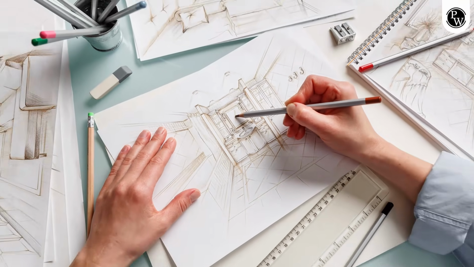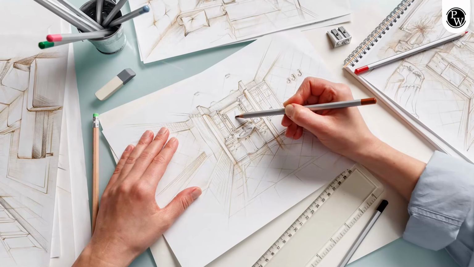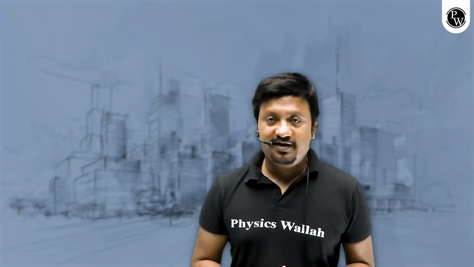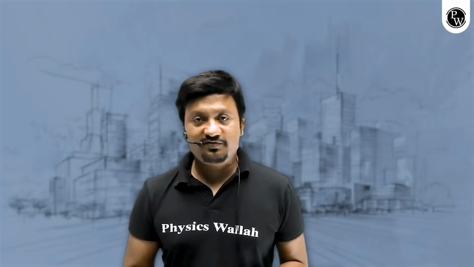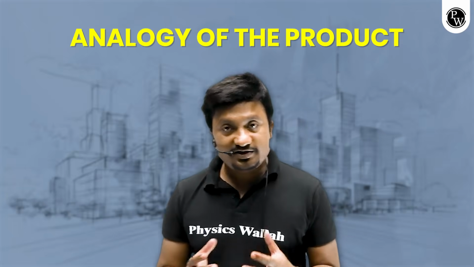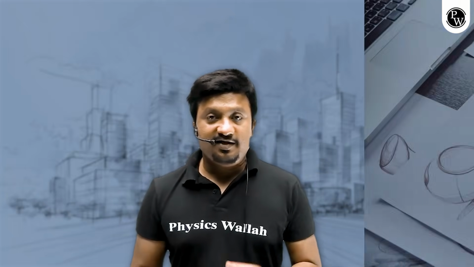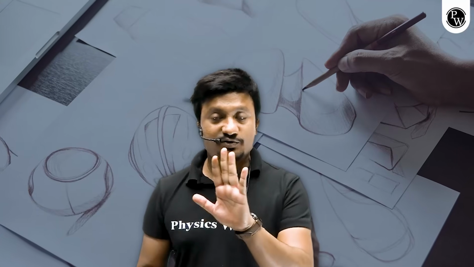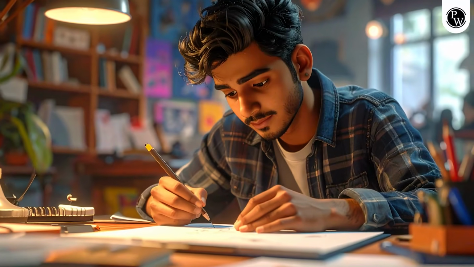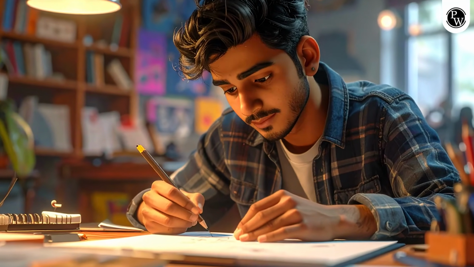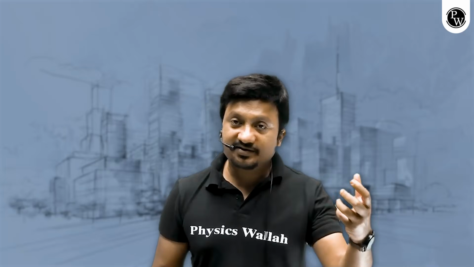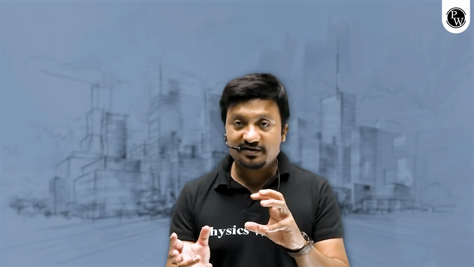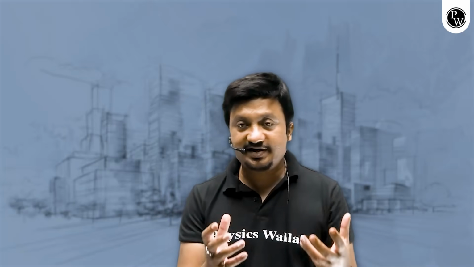Today in the session, we will understand how to make the product and how to design it. But before we start working on the product, we need to understand the analogy of the product. I mean to say, when you start working on the product, you have to make sure that you understand the 2D model of it. Then you have to make it according to the 3/4 size and then convert that 3/4 face into the 3D section which is needed at the end.